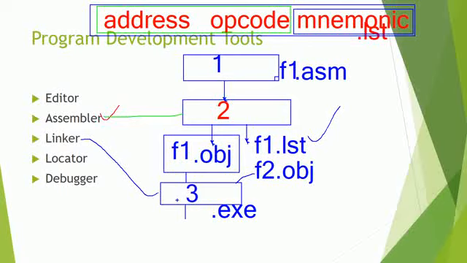After that, the .exe file is given as an input to another block called a locator. I'm simply using the number 4 for this. Sorry, I'm not having sufficient length, so I'll take this separately. Don't worry about it. The next block is a locator. The locator accepts your .exe file, and it is going to map your program into the memory by assigning the relative addresses.